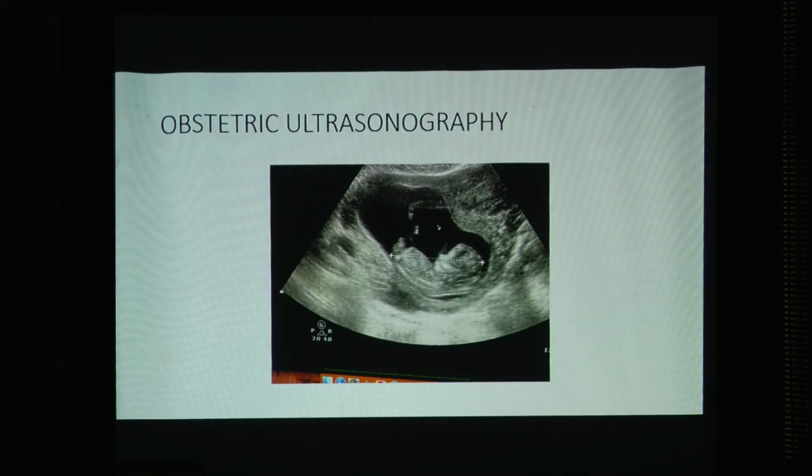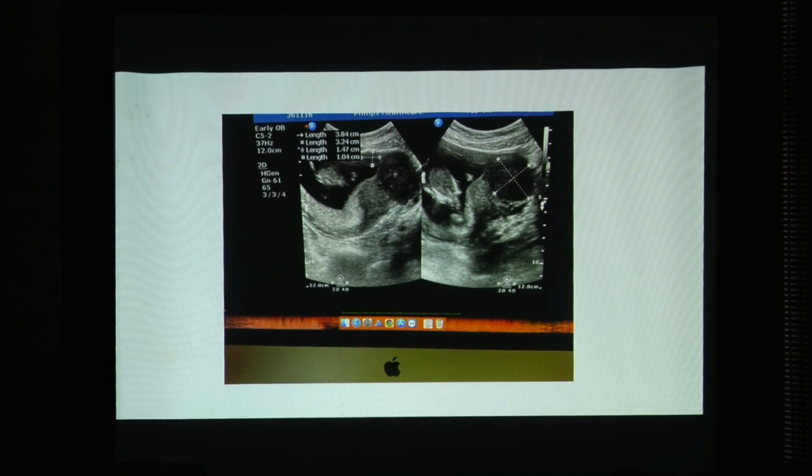Now, obstetric ultrasonography is currently very popular, and we have to be meticulous in the scan, and you have to act according to the PCPNDT Act, etc. You have to get all the permission and keep all records. Here is an image of a pregnant uterus with a fibroid in the lower uterine segment.